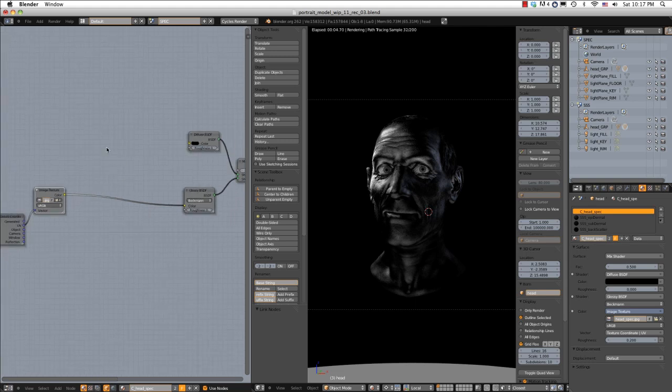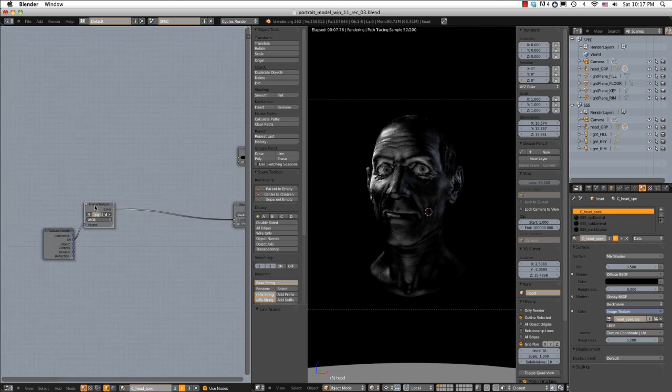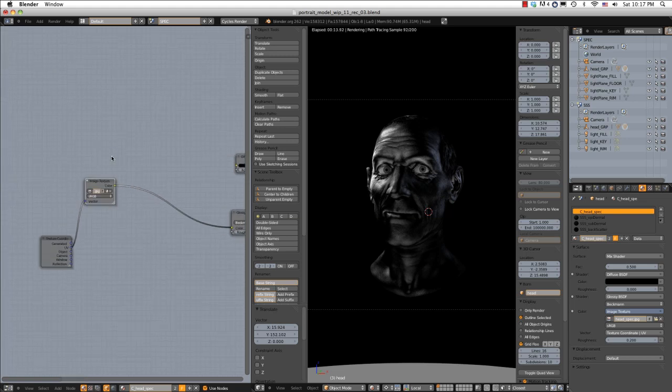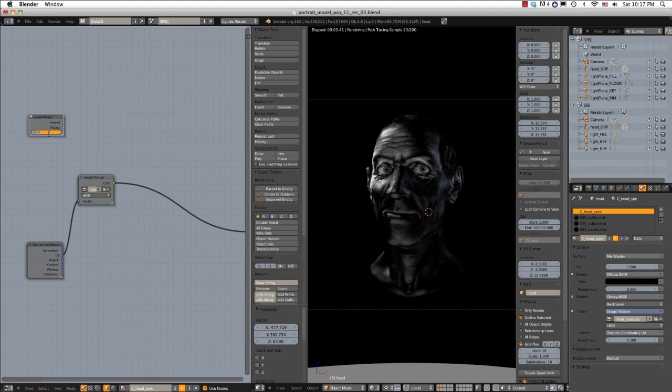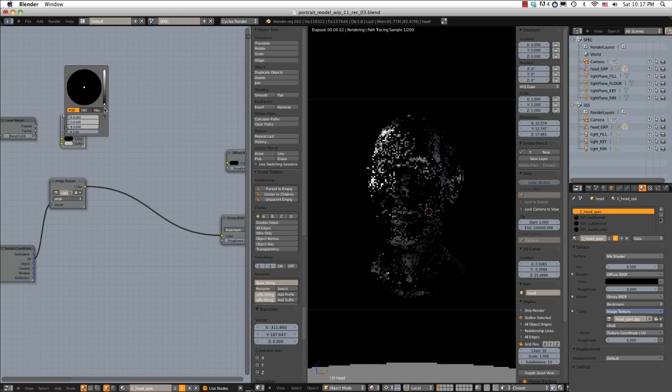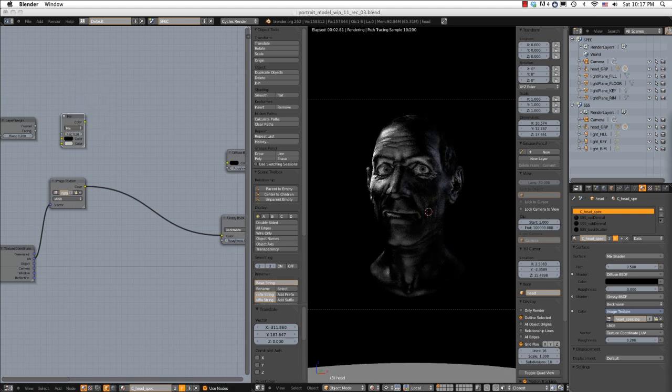Okay. So another thing, something I want to add right away to the color is going to be a Fresnel kind of effect. So I'm going to add an input layer weight and change the blend to 0.2. And then add a mix node, color mix. And we're going to change these colors to color 1 to black, and color 2, let me check my notes, it needs to be 0.5, which is 0.5 by default. Yes. So we're going to take the Fresnel output from layer weight and plug it into the factor for our